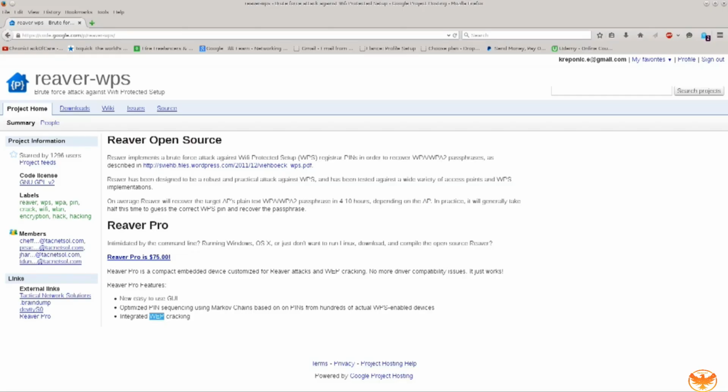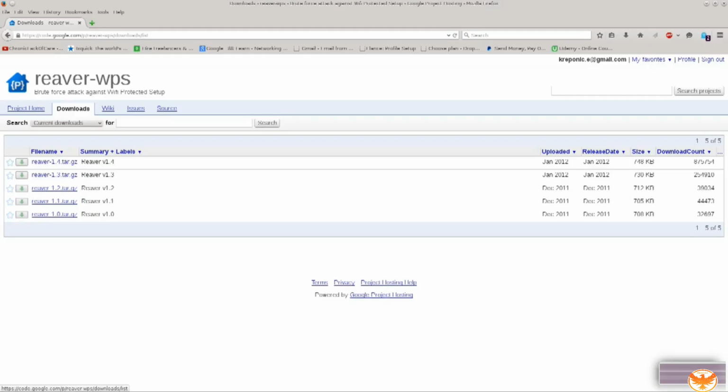I'm going to go ahead and click on downloads in the upper left corner, and there are different versions here that can be downloaded. There are bug fixes. There are no fundamental differences in the way that Reaver works between these versions, but there are bug fixes definitely, and that is very nice. The package is maintained, there's support for it, and so on. So just go ahead and click on Reaver 1.4.tar.gz,